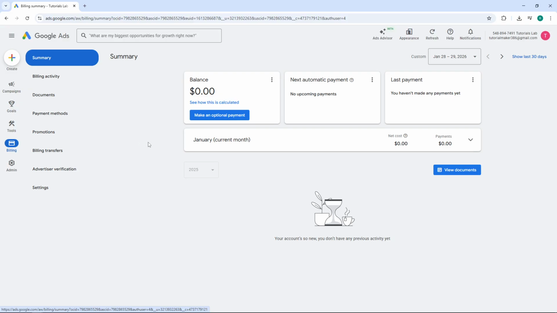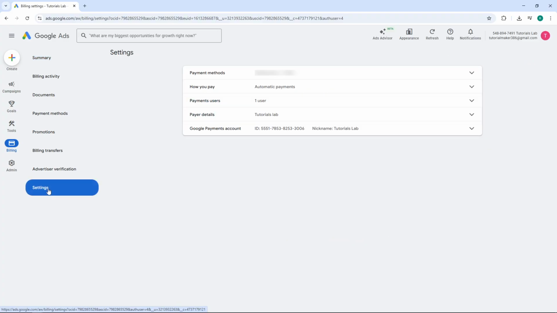After clicking on billing, the menu will expand to reveal several additional options. From this expanded menu, locate and click on Settings. This is where you can manage your billing preferences and update important account information like your business address. The billing settings page will load, giving you access to configure how your account handles payments and displays your business